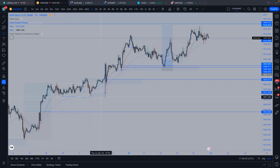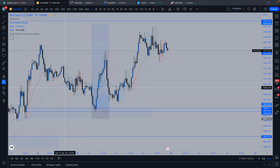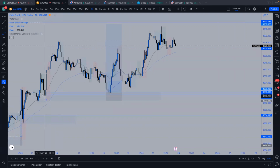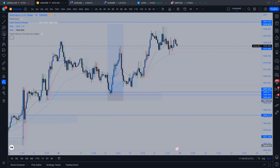And a lot of people know about this, but they still don't understand what zones to actually be looking for, because the supply and demand that's created on order blocks is all within the market, but it's actually looking for that specific zone that really caused something of significance that you really want to be looking to trade back down into. And you can see this is our impulse, this is our correction, and then this is our